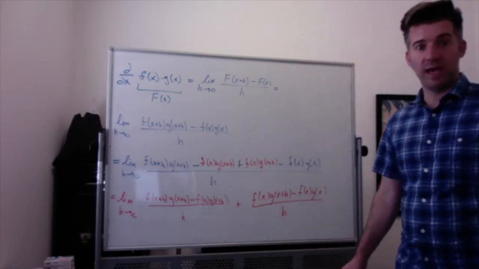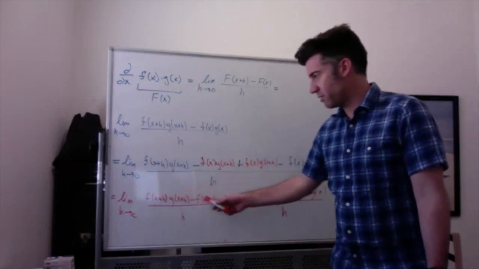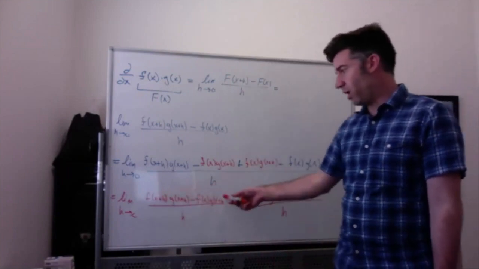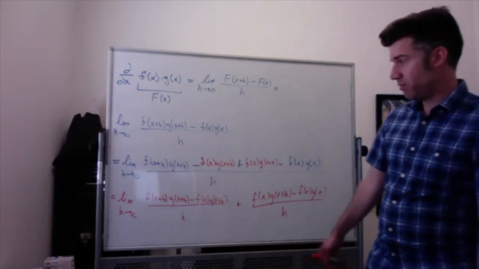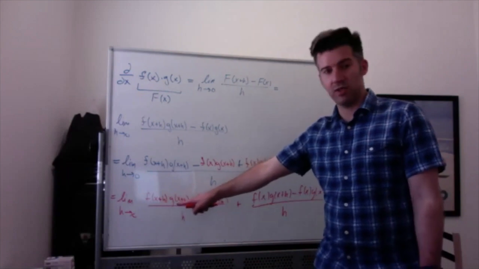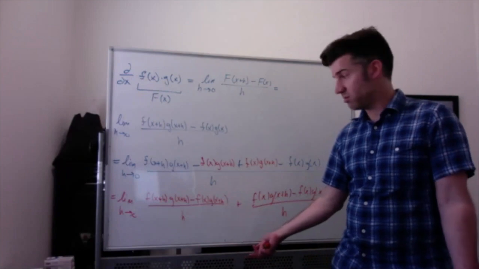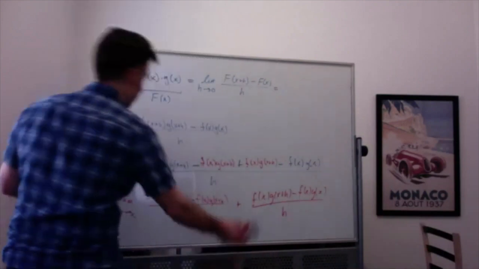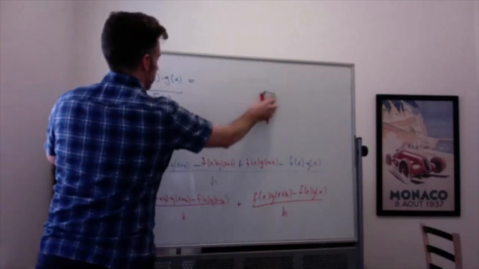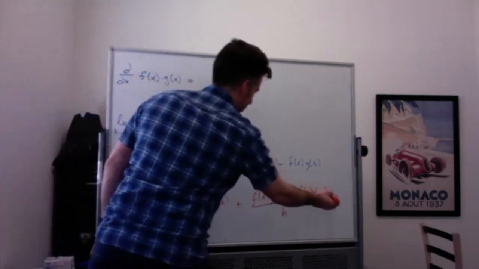All right, so now the important thing to observe. From this first piece, what can I factor out from the top? And I know you might not be able to see this very well. f of x plus h times g of x plus h minus f of x times g of x plus h. So I can factor out the thing that's the same, which is g of x plus h. And I'm going to erase up here because I've got some room. I don't really need this anymore. So this is going to equal